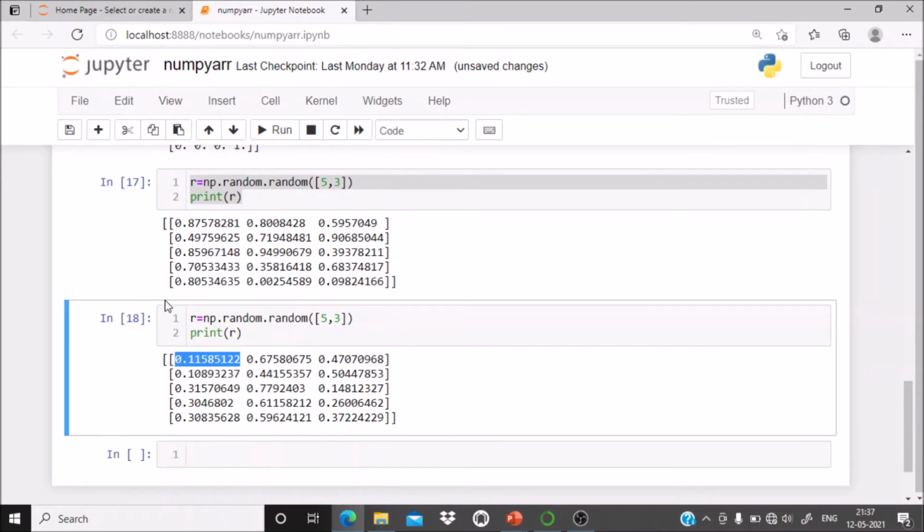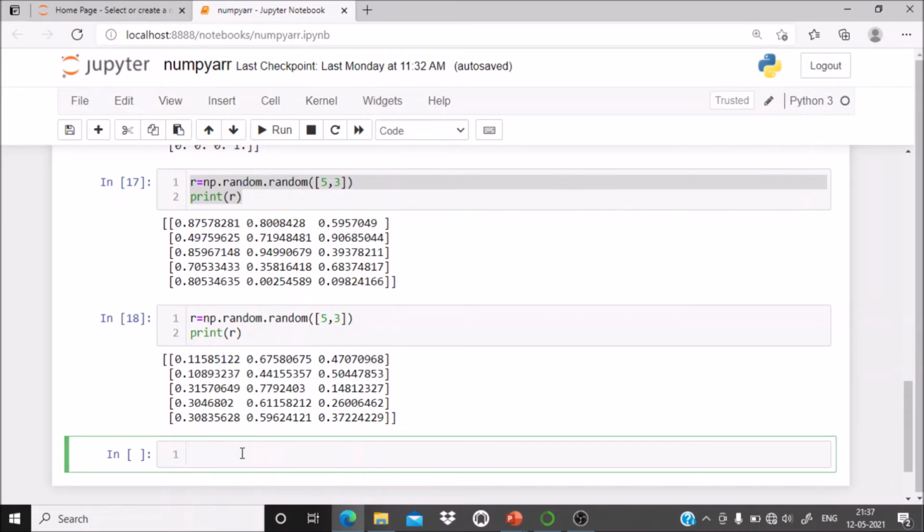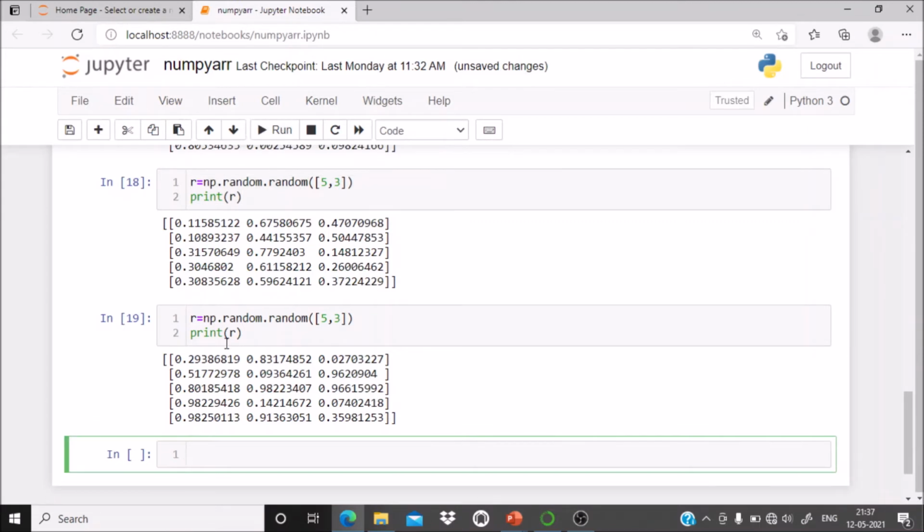The use of random numbers is in the generation of an OTP. Whenever we are doing any transaction, at that time there is an OTP generation. This is an example of randomness. At that time the OTP is generated randomly, so it is not a fixed value. If you run this again and again, your OTP will change. Similarly, in random array generation, the values will change. If you compare, all the values are different. And again, if you run the same command again, you will get different values, 0.2938, and so on. So randomly it is changing. This is how you can create random arrays by using NumPy.